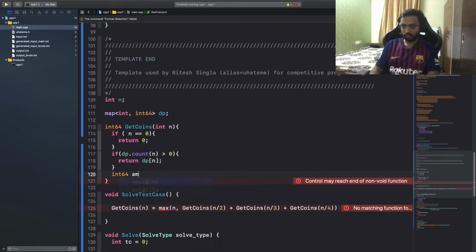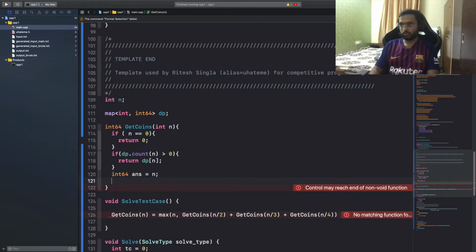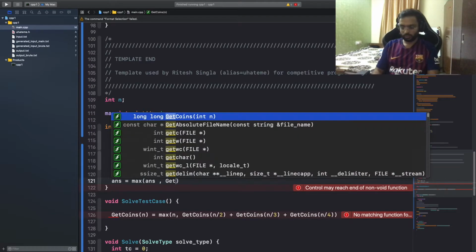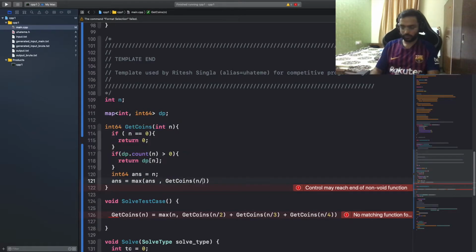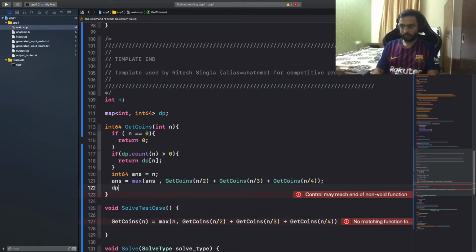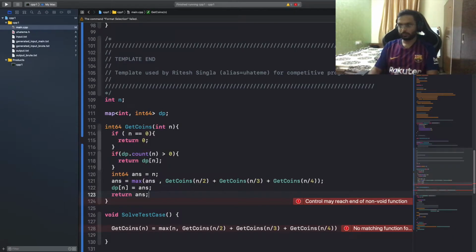So int answer, let's say this is equal to n. Answer is equal to max of answer, either the exact value or getCoins of n by 2 plus getCoins of n by 3 plus getCoins of n by 4. dp of n is equal to answer, return answer.